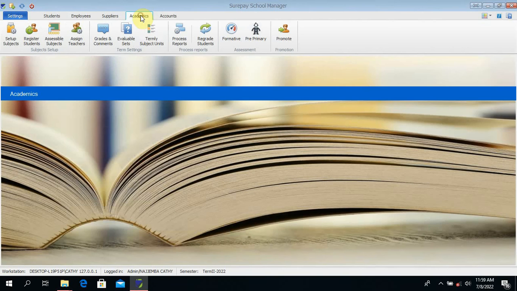So remember, we are under academics. We set up the subjects, to remind you. Registered students, we set up accessible subjects, assigned teachers to the class and to which subjects. We've seen how to update the grades and comments. We've set up the available sets and examination ratios, and now, having that done, we can as the administrators, now that teachers have done their good job and entered the marks, which I pray all your teachers may be able to do, come here to process reports, click process,